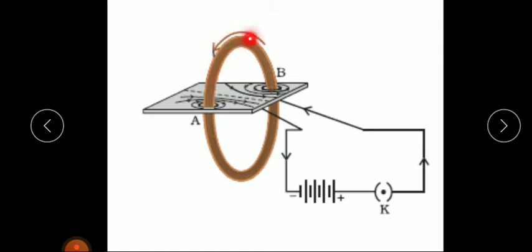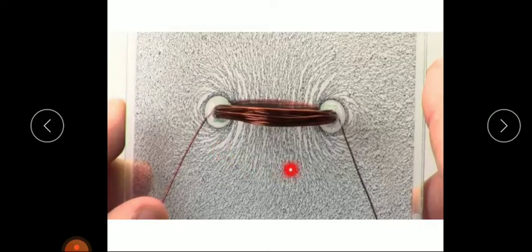You can see the circular coil is placed on a cardboard having two holes at A and B. The ends of the circular coil are connected to a battery. Here you can see the positive end and here you can see the negative end. Current flows from the positive end to the negative end along this direction. So current flows from point B to A. And we can draw the magnetic field lines around the points A and B using this diagram.